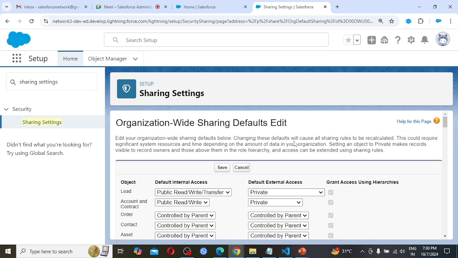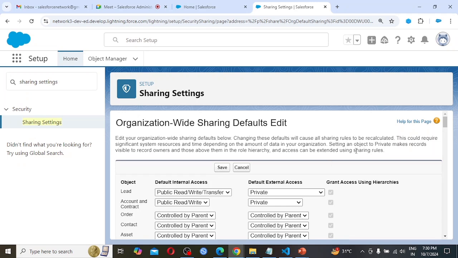Changing these defaults will cause all sharing rules to be recalculated. This could require significant system resources and time depending on the amount of data in your organization. So if we are changing the settings, it is going to take a bit of time to reflect the changes.